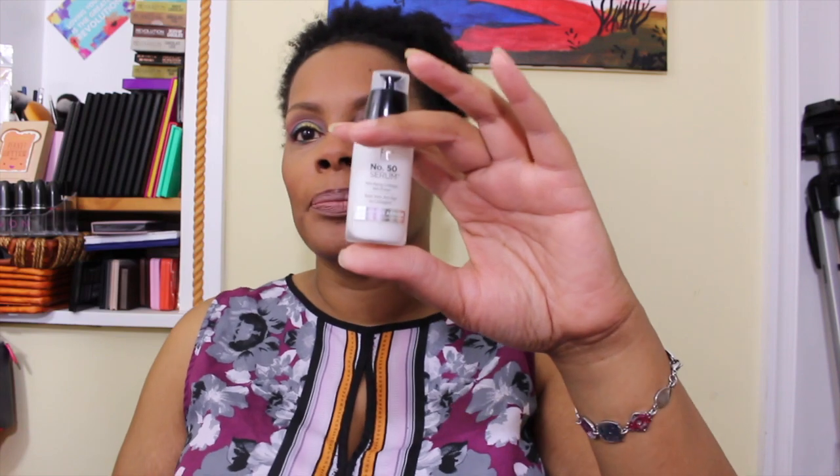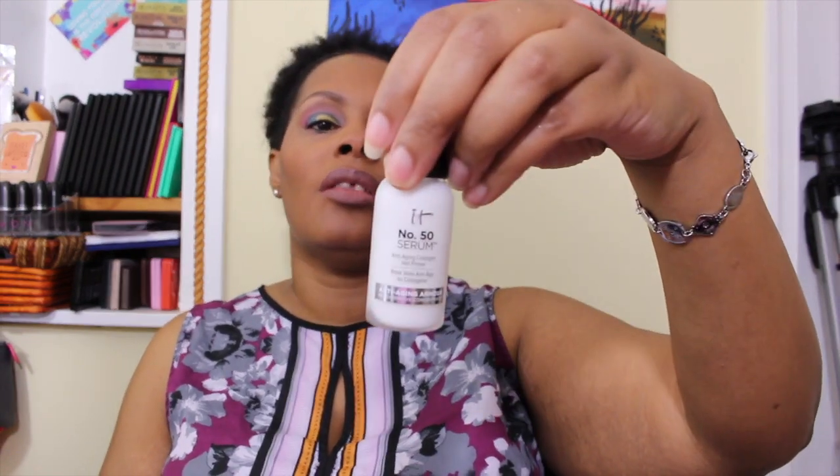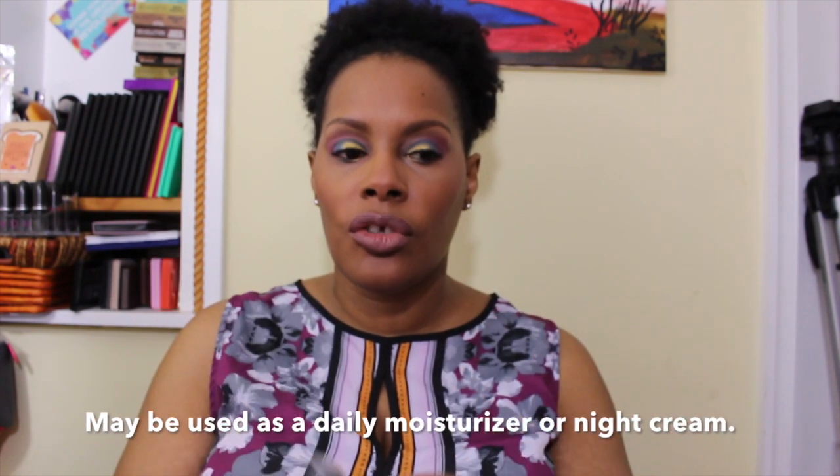So next I'm going to go to the eye products. Oh no, I forgot one thing. I'm going to use the IT Cosmetics number 50 serum. It's an anti-aging collagen veil primer, which looks like this. Or I'll hold it this way so you can see it. And they also say that you can use this when you're not using a primer. I mean, when you're not using it under foundation, you can just go ahead and put that on,